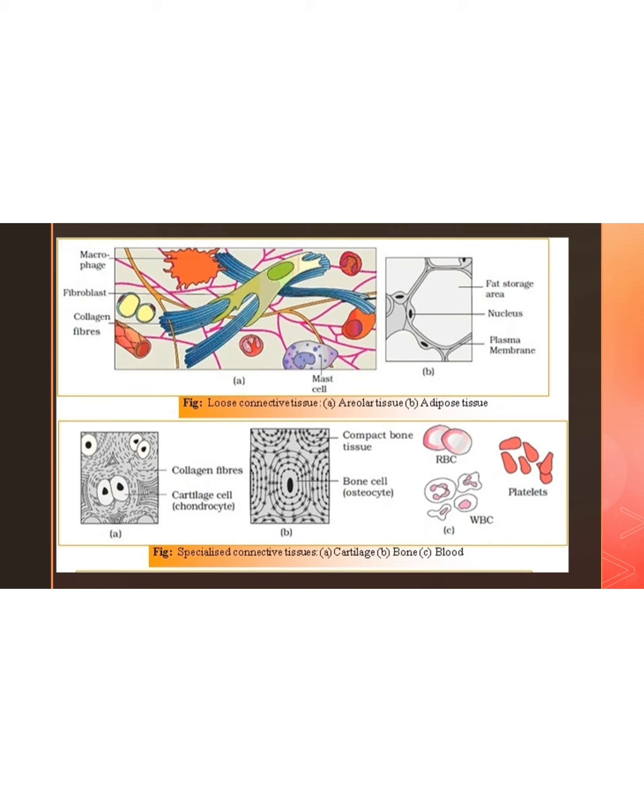So these are the structures of a few connective tissues. The first one is areolar, next is adipose, next you have cartilage, bone and blood. Here, if you see, your fibroblast, which is the green color structure, along with the collagen fibers, which is the blue color structure, these two cells or fibers combine together and perform a function of supporting the body tissues. So areolar tissue as a whole will help in providing support to the body tissues, and it is also used to maintain the structural framework of many tissues.